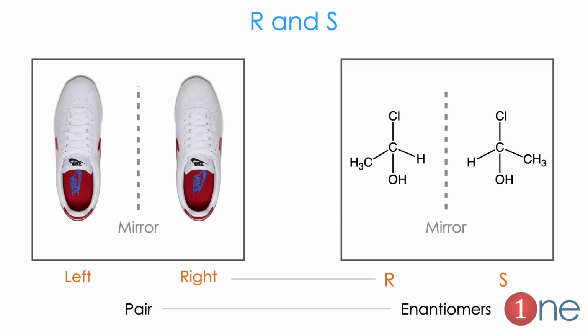So we saw that the left leg shoe is not equal to the right leg shoe. Similarly, the molecules are also the same. Here I have shown a simple molecule, which is hydroxychloroethane. You can see the left side molecule is similar to the right hand side molecule, but stereochemically they are different. So left shoe is not equal to right shoe. In chemistry we don't call it left or right, we call it R and S. In real life shoes we call it a pair, in chemistry we call it enantiomers.